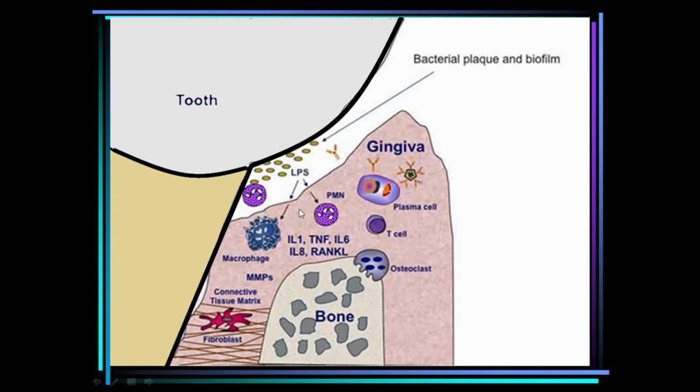Moreover, because of various irritations from the lipopolysaccharide of the dental plaque, all the host cells like gingival cells, macrophages, and fibroblasts will secrete various pro-inflammatory cytokines like interleukin 1, interleukin 6, and tumor necrosis factor, which will again activate the osteoclasts. So hence destruction of bone and the connective tissues will be there.